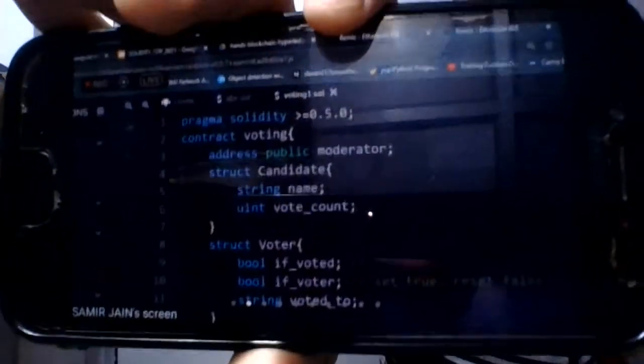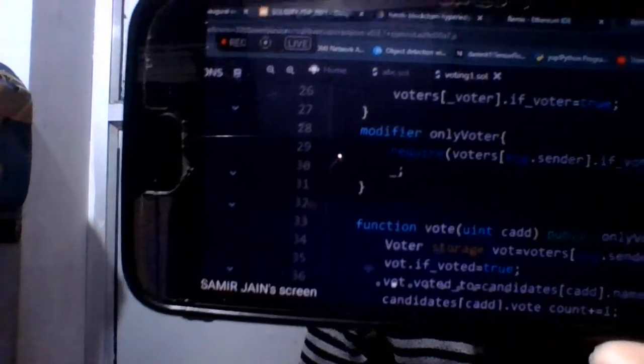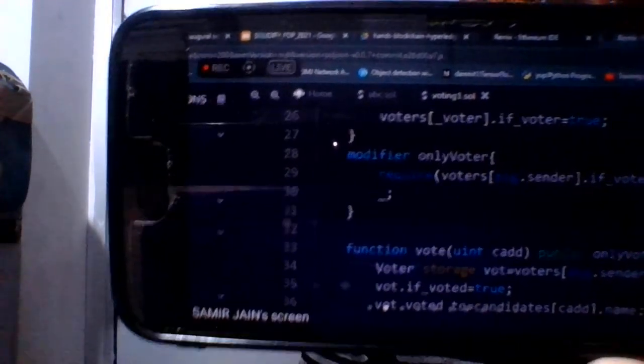We are just reading the values, so it doesn't need any kind of transaction. So when we call these functions, there will be some transaction, and when we use these, there will be no transaction. So to see the transaction, I will see over here. So this contract has already been deployed.